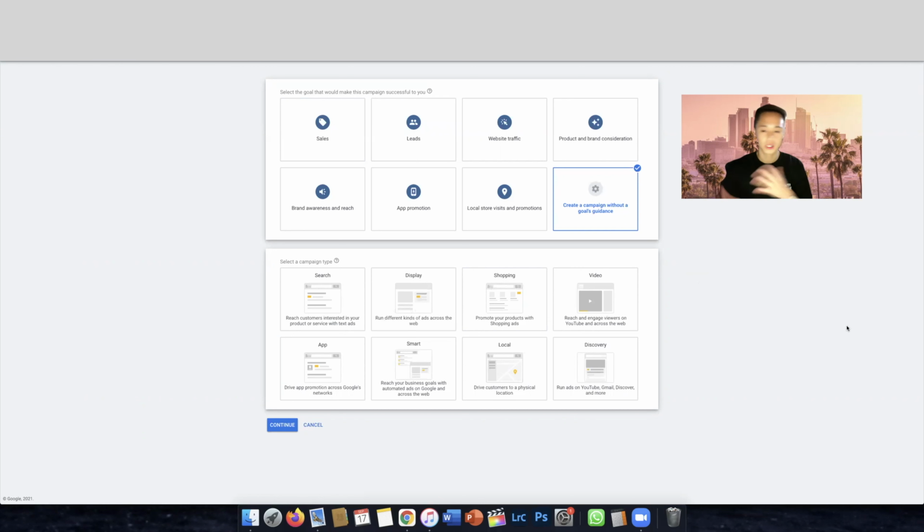So Google doesn't have your campaign, your account, I should say, doesn't have any data yet. And so by running a campaign without guidance, YouTube is going to automatically try to get as much data as possible when you're running ads. And then from there, once we have data on your account, we can go back and create a campaign specifically for whatever it is that you are looking to do, right? So it's best practice to start without a goals guidance and then go back later on to create a campaign